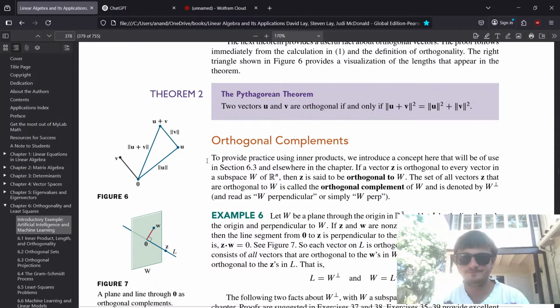Two vectors u and v are orthogonal if and only if